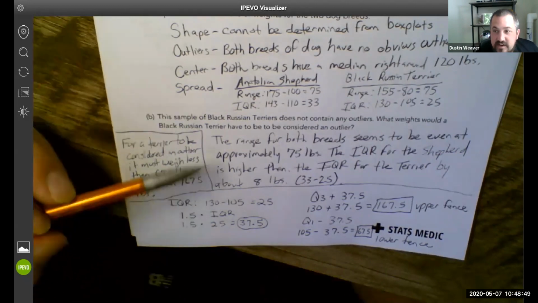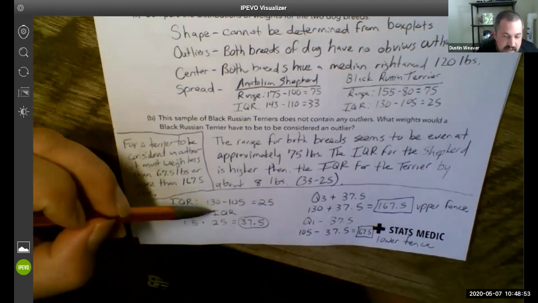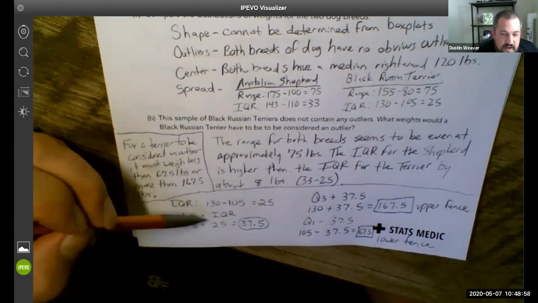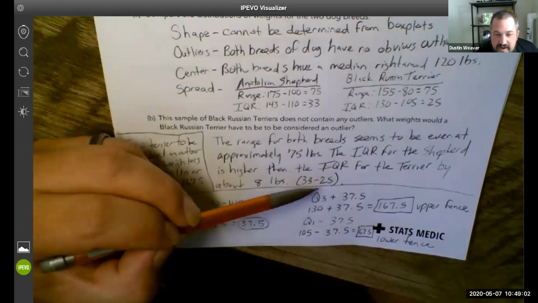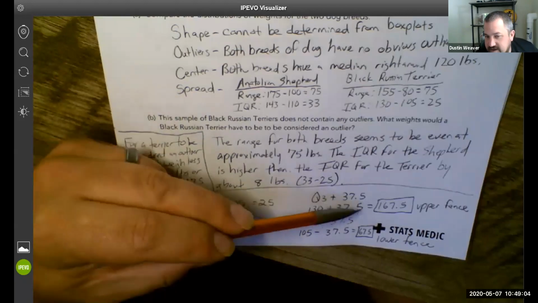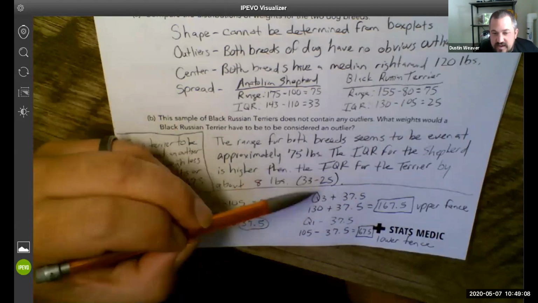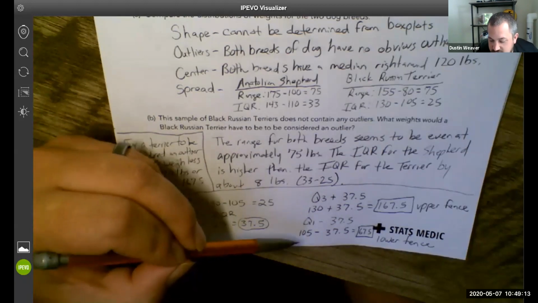So, again, we need to know the outlier formula. The outlier formula is you take 1.5 times the IQR. So the IQR was 25. 1.5 times the IQR was 37.5. Take that number and you add it to Q3 to get the highest that a number can be without being an outlier. And you take that number and subtract it from Q1 to get the lowest that you could be